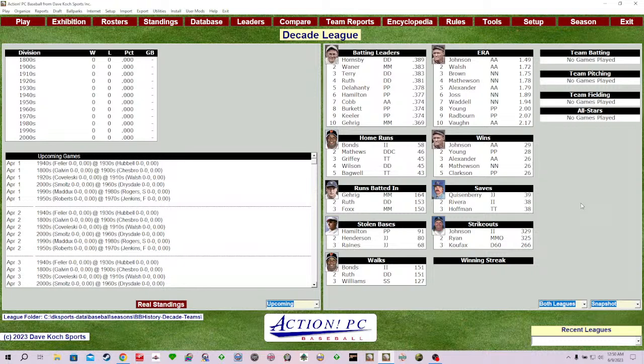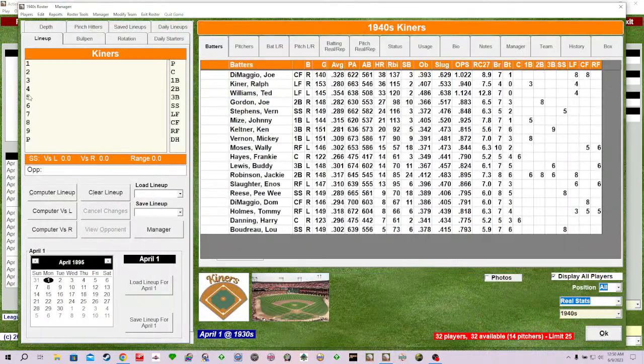That is pretty huge. I don't know what to call this decade league, so I'm just going to leave it at that. I'm going to geek out at a roster here for a little bit. 1940s. 1940s baseball doesn't get a lot of love. And yet, look at the names for the Kiners, man. Joe DiMaggio, Ralph Kiner, Ted Williams, Joe Gordon, Vern Stephens, Johnny Mize, Ken Keltner, Mickey Vernon, Wally Moses. Let's see who else stands out.